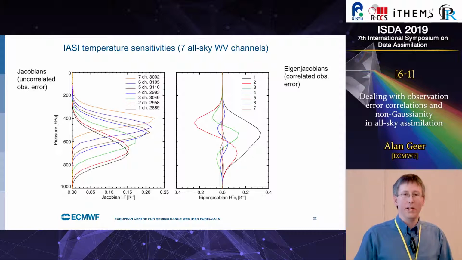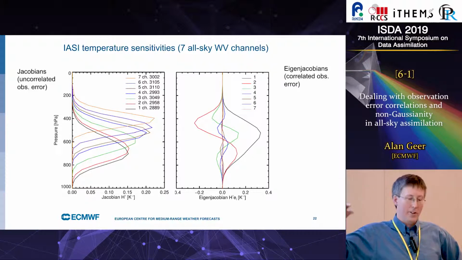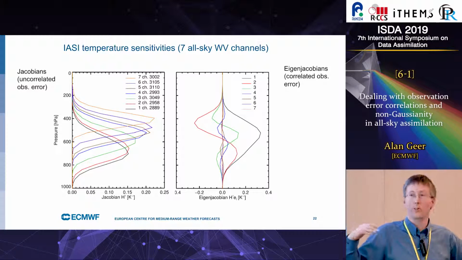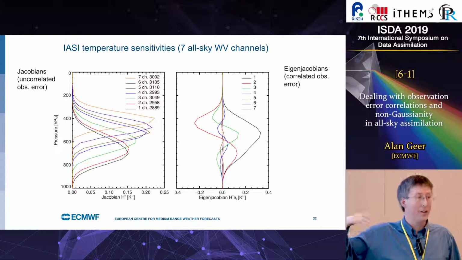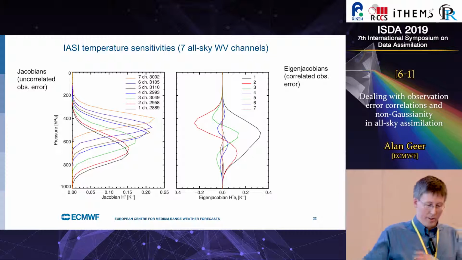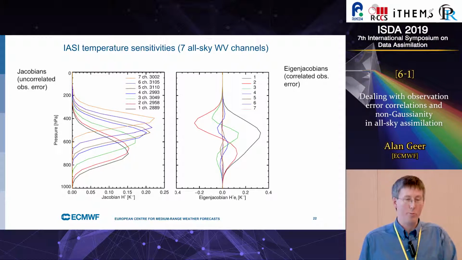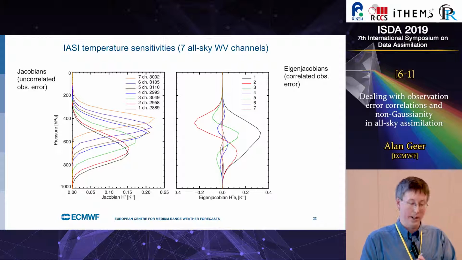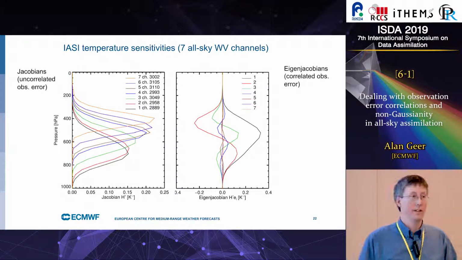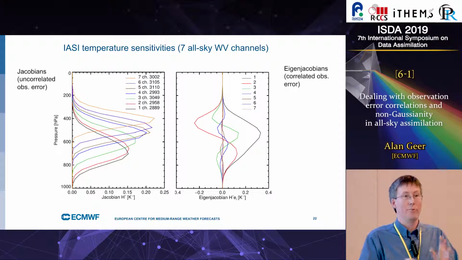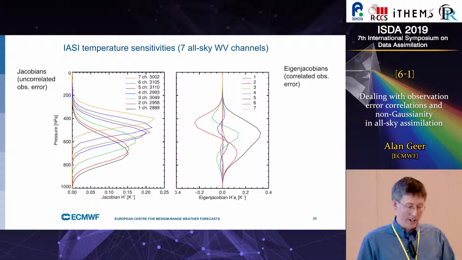We can have a look at the pictures. They're a lot easier. On the left, we've got the 7 weighting functions or Jacobians of the 7 channels we're looking at in this work. So they've got temperature sounding capabilities at different levels in the troposphere. You go to the eigenvector representation, these eigen Jacobians are completely different. And this shows you quite clearly what the different eigenvectors are actually sensitive to now. So the leading one, the black one, is sensitive to temperature variations across the troposphere. And then, as you might expect, you've got increasing harmonics of temperature oscillations in the stratosphere, and these are derived from linear combinations of the channels, essentially.